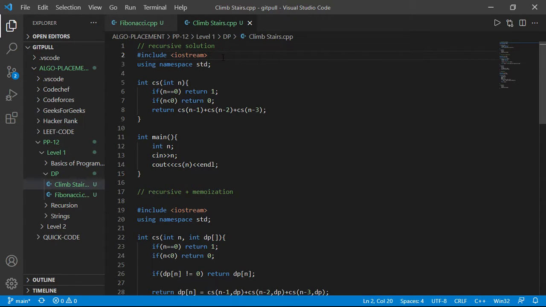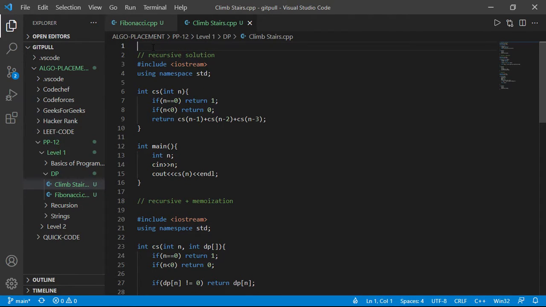There is another approach which is Fibonacci. Basically it's a Fibonacci question kind of. If you observe it closely, it's a Fibonacci kind of thing. So you can give Fibonacci also, just the iterative one. So there will be four approaches then, but this is the recursive solution and you must already know the question.